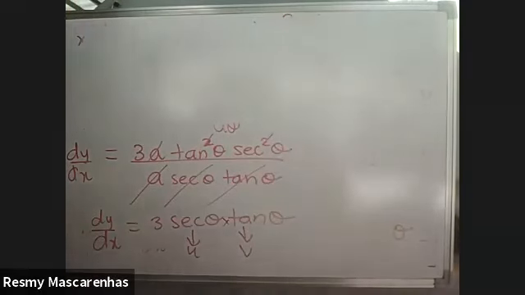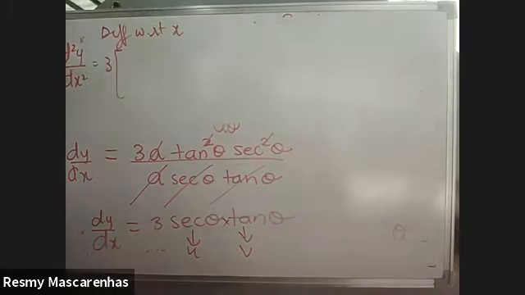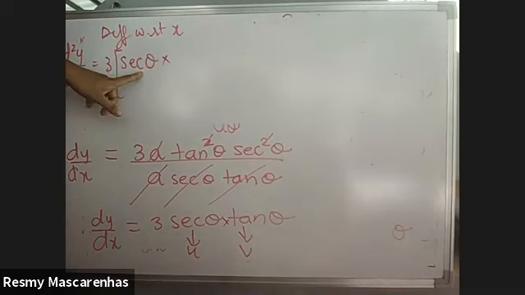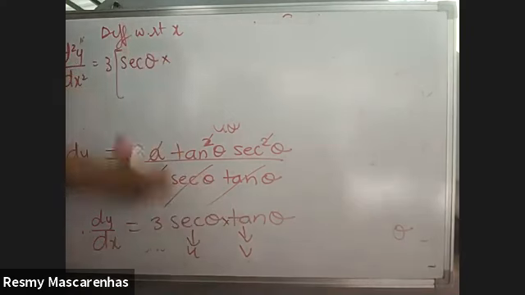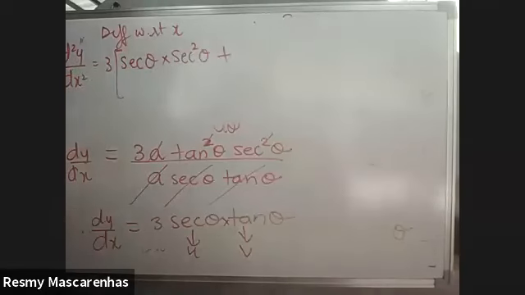So now after this I have to differentiate it with respect to x. Now this will be d square y. 3 is outside, because 3 will belong to both the terms. So now I write first sec theta as it is. Okay, u into derivative of v. So derivative of tan theta is how much? Sec square theta plus